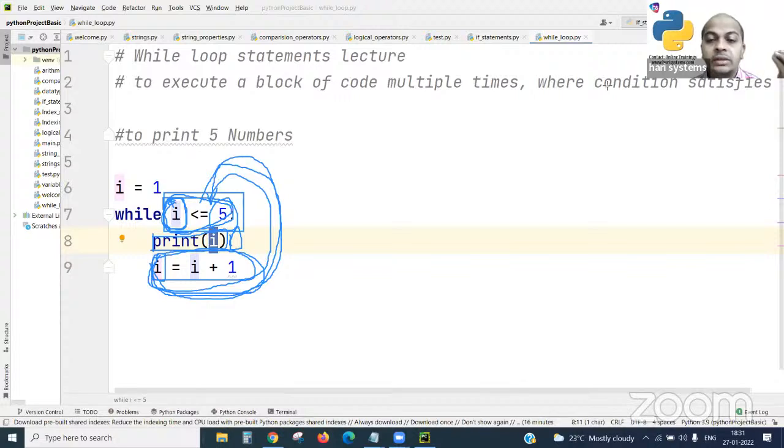The i value is 6, less than or equal to 5. Whether the Boolean expression is true or false, what happens there? Okay, so many are sending false. Absolutely, it's a false statement only.